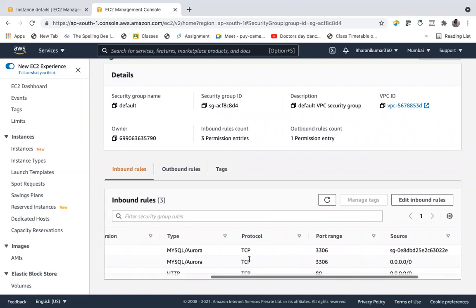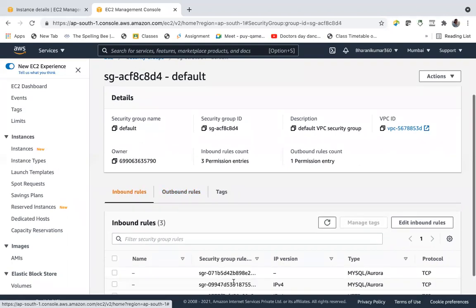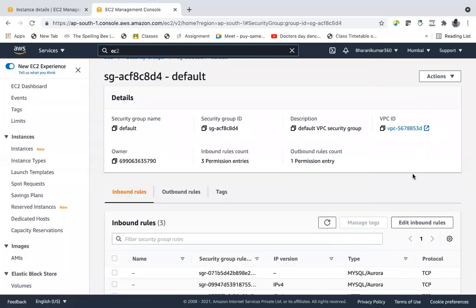Right, and also outbound rules. All traffic is allowed outside, so we need not bother about this. Now we have also added the inbound rule. Now go to the EC2 instance. So this is our VPC ID.